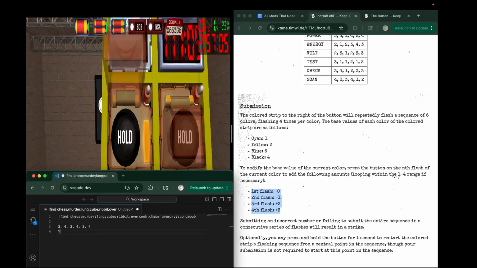Yellow, yellow, yellow, yellow. Okay, cyan, blue, and then now I reset back to the yellows. Okay,